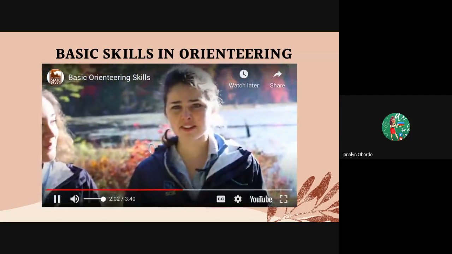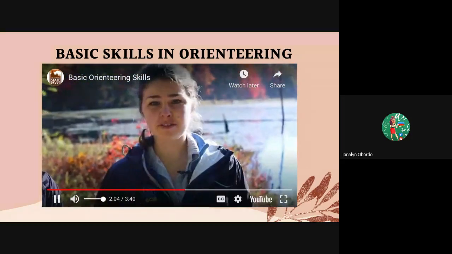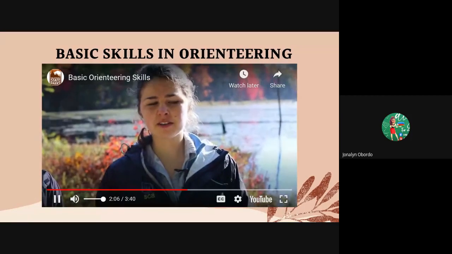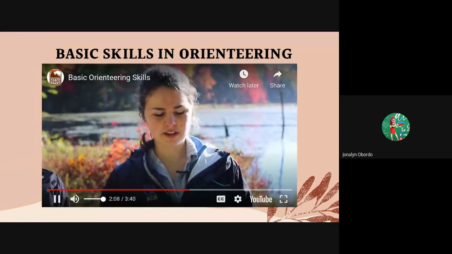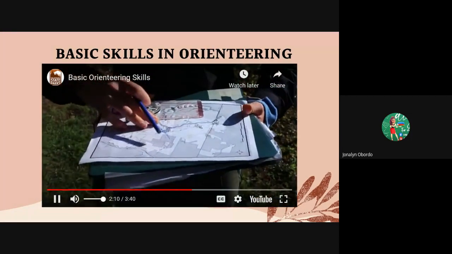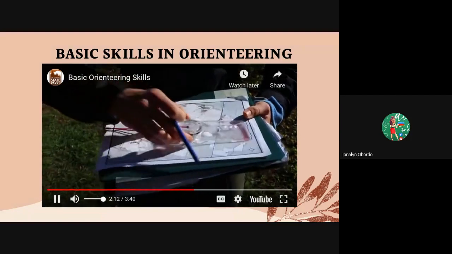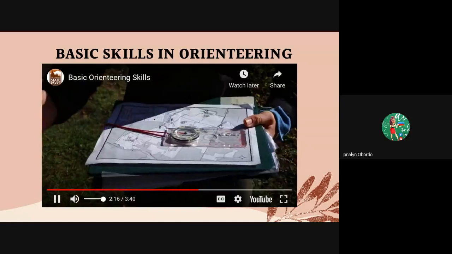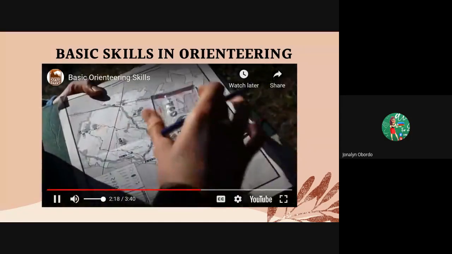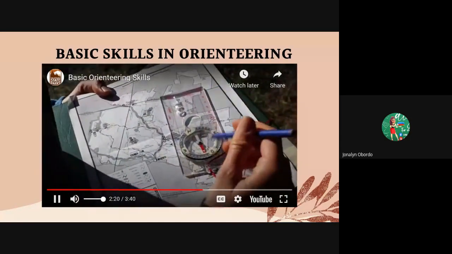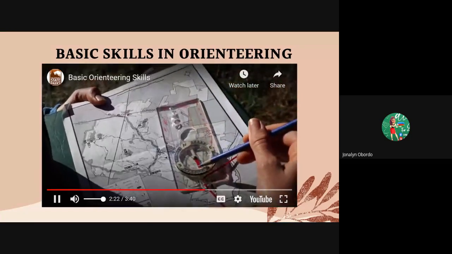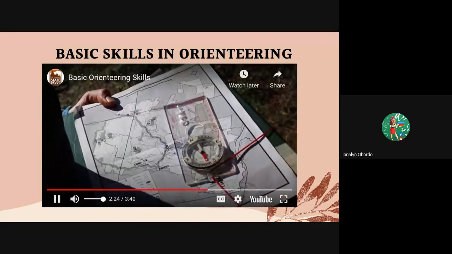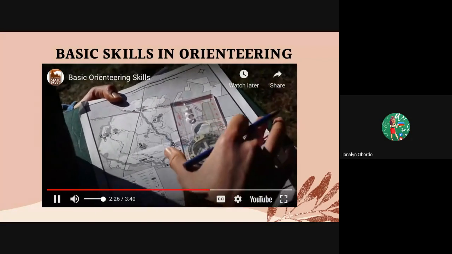So if you ever find yourself out in Bear Brook and you have no idea where you are, you can do something called triangulation. So, the first thing you need to do is orient your map towards north. So, fortunately, you have your compass with you. So, we use the little compass that's on our map and point that towards the same direction. So, those are both pointing towards north.